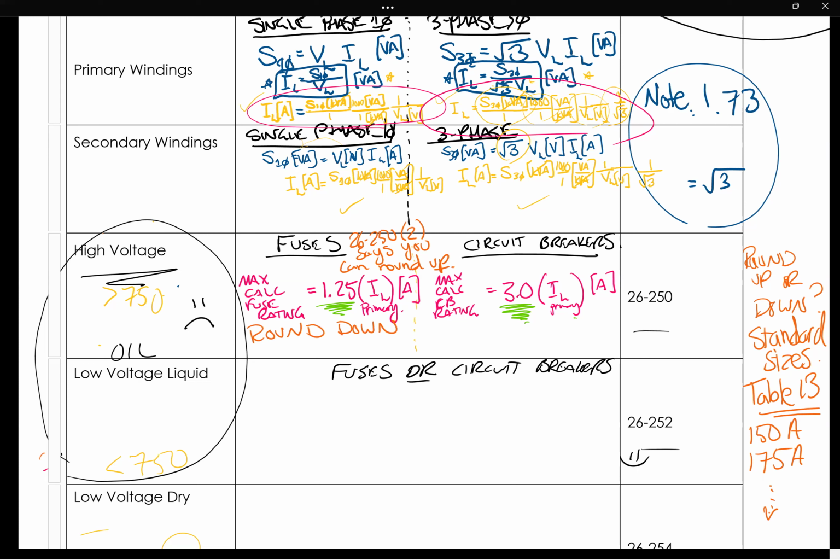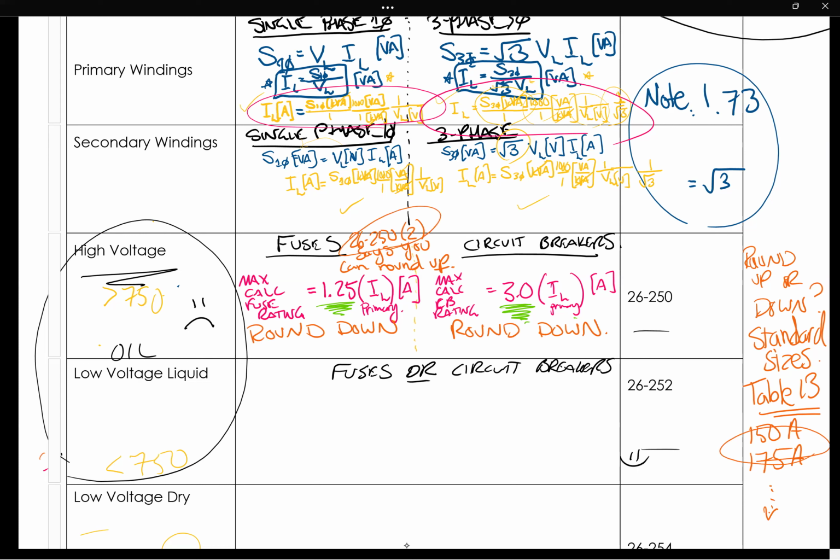Usually, you're going to round down. And here you're going to round down. Usually, because it's better to have more protection, it's better to round down. So if you get like 755, you're going to go 750, usually. But